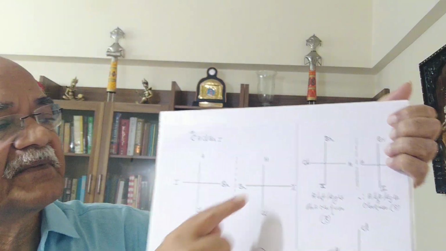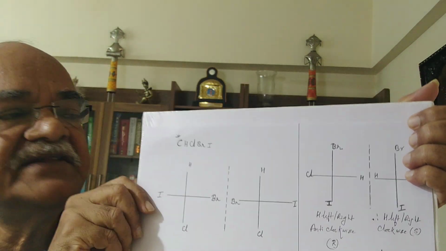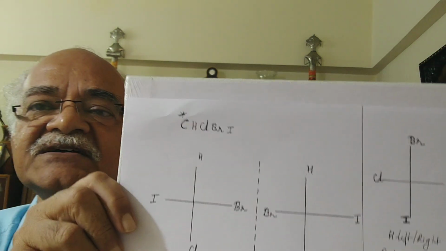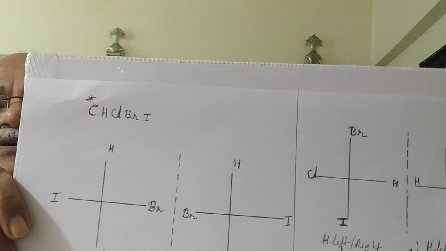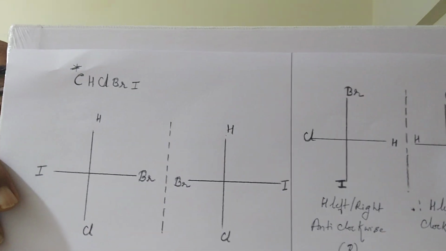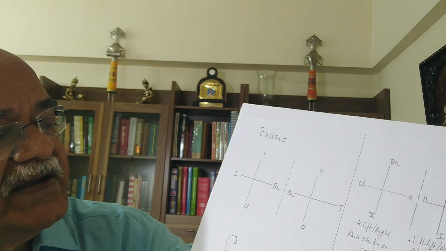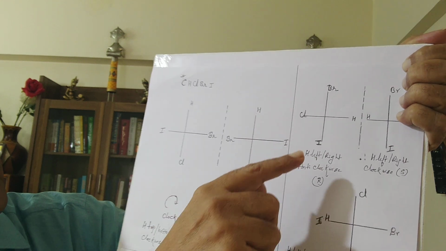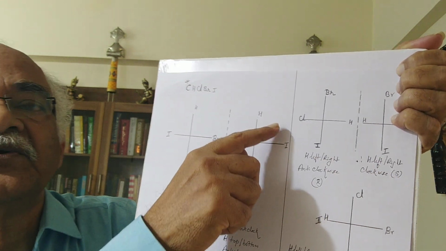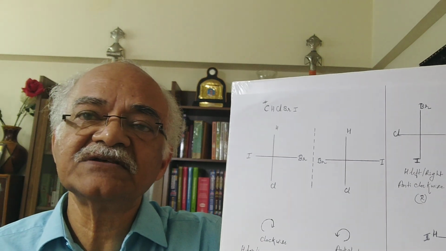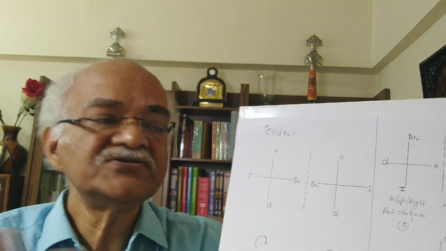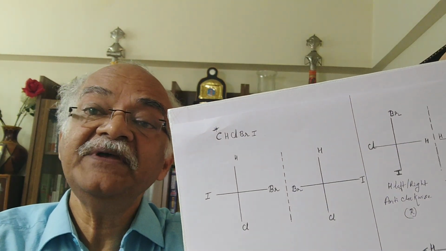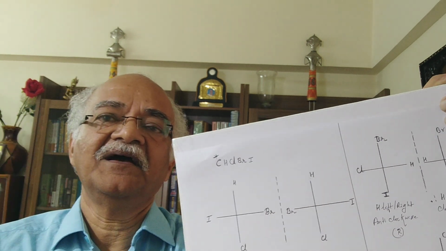For example, here, if you watch this representation, hydrogen is on the horizontal line. Therefore, hydrogen is coming towards us. The rest of the things are the same. You allow your eyesight to rotate from maximum priority to least priority. If you watch here, what direction is it taking? It is taking an anti-clockwise direction. Hydrogen is towards us, and the priority is from iodine to bromine and then chlorine: iodine, bromine, chlorine, anti-clockwise. Hydrogen towards us, clockwise should be S molecule. Sorry, R molecule. Hydrogen towards us, clockwise should be S. Hydrogen away, clockwise R. This is an easy rule.